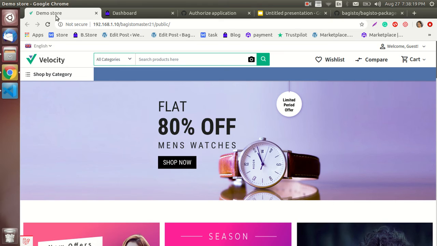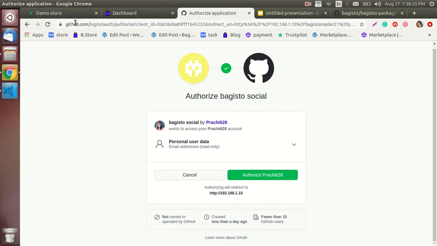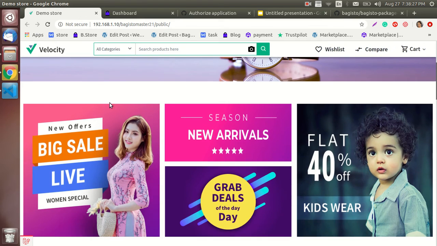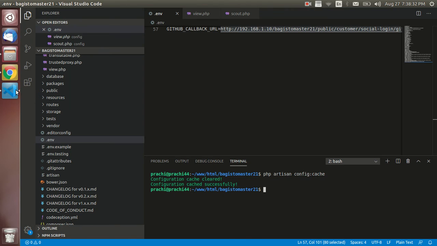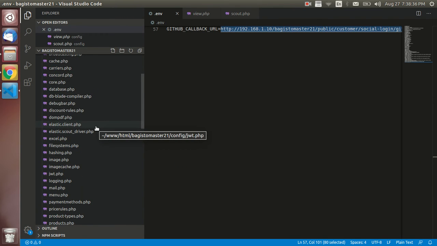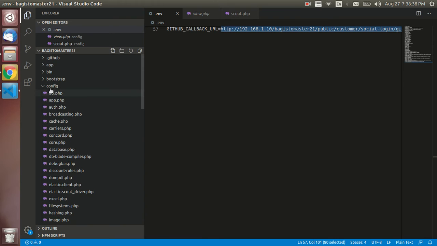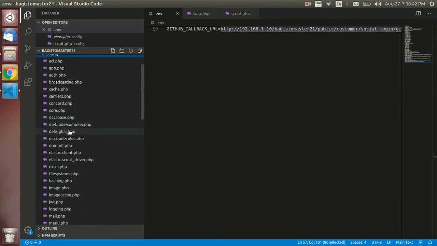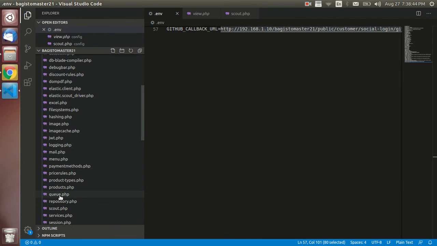So now let's move on to the practical part, how you can enable the blade file tracer for your Bagisto package. So we need to go to your project. So this is our project, and for this, first we need to go to the config, and then we have to go to the view.php file.